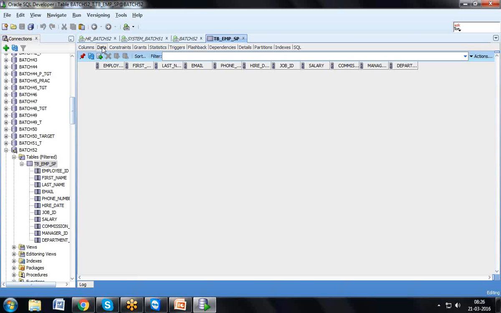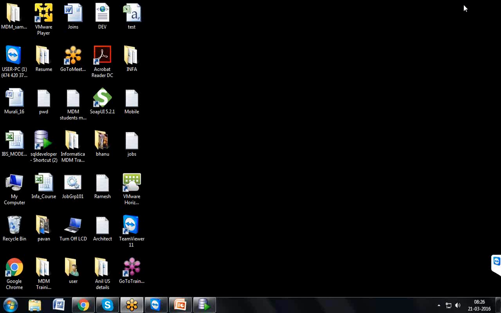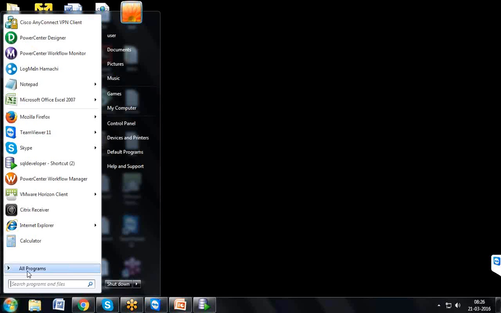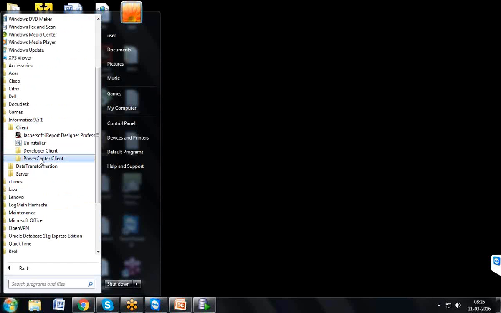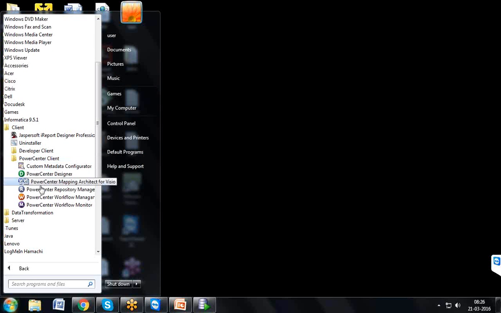So guys, what is the very first client component in Informatica? Excellent. Repository Manager. So what you are going to do in Repository Manager is create a folder and, if possible, assign privileges to the users. Okay, click on start, click on all programs, click on Informatica, click on client, click on PowerCenter Client, and click on